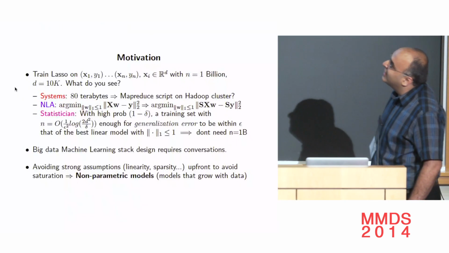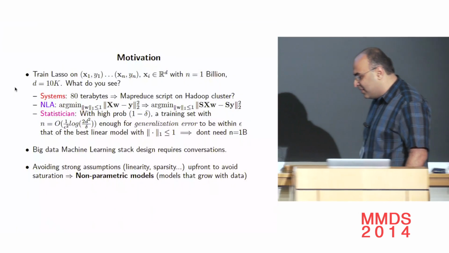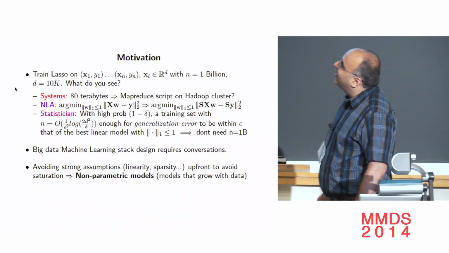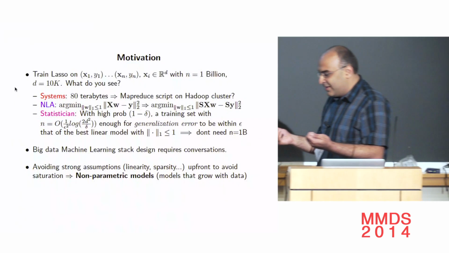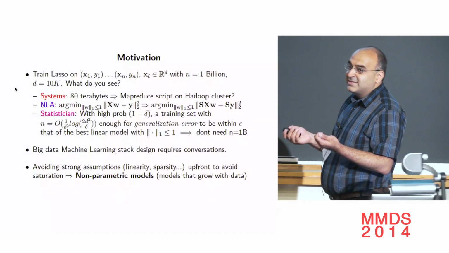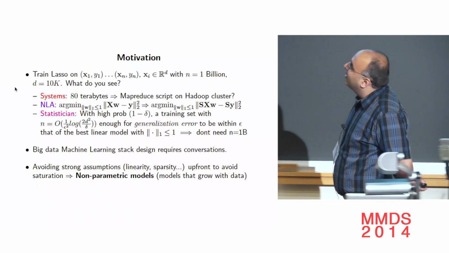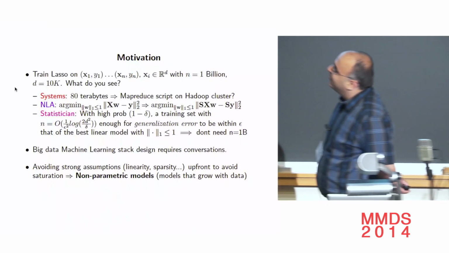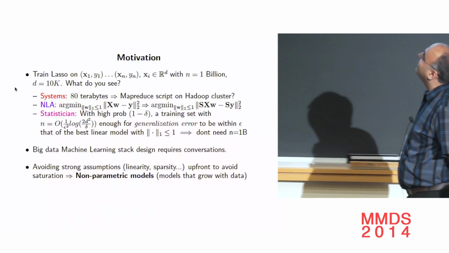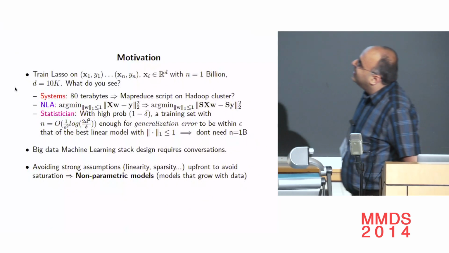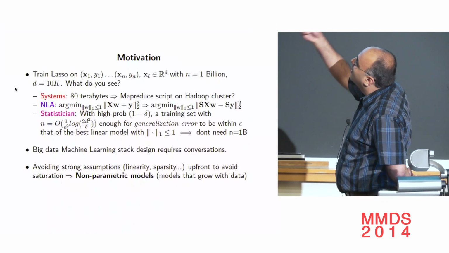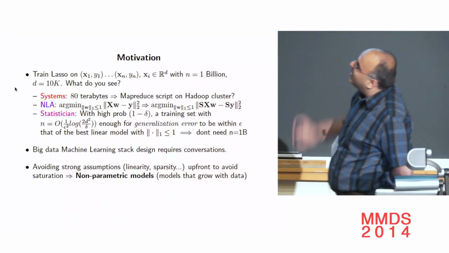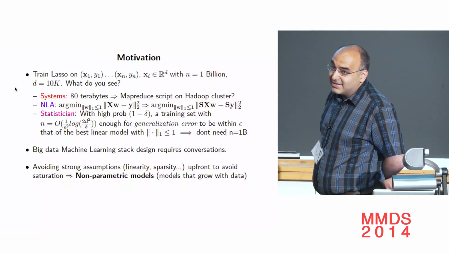And if a statistician comes in, their point of view is that the data is actually sampled from some distribution, and you've made assumptions. You've made an assumption that XY pairs are related through a linear relationship, and that relationship is highly sparse. And so they would state a theorem like this, which would say that with high probability, when you sample from this distribution and acquire a training set, you don't need that many examples. I mean, something like 1 over epsilon squared log. So let me not read all that, but the theorem would basically say that if you care about generalization error,